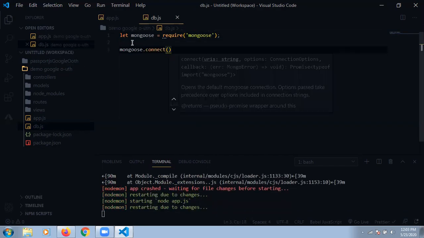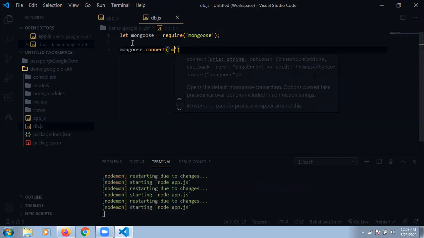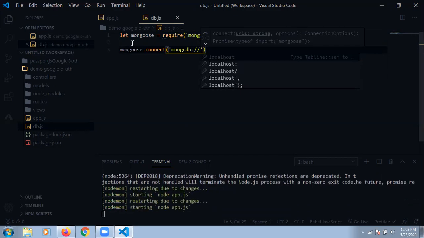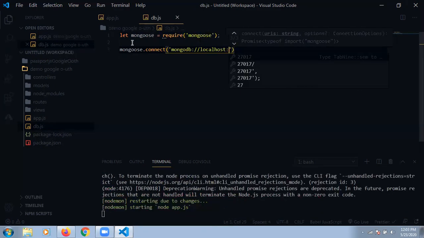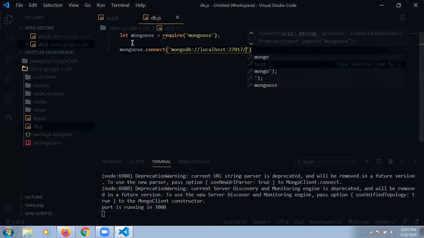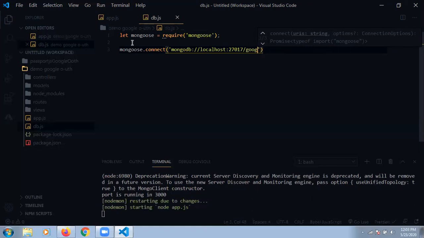I am passing the connection string. Already you know the connection string is mongodb colon double slash localhost, and port is 27017, plus I'm making a database. I'm making a demo for Google OAuth, so I'm using google as my database name.